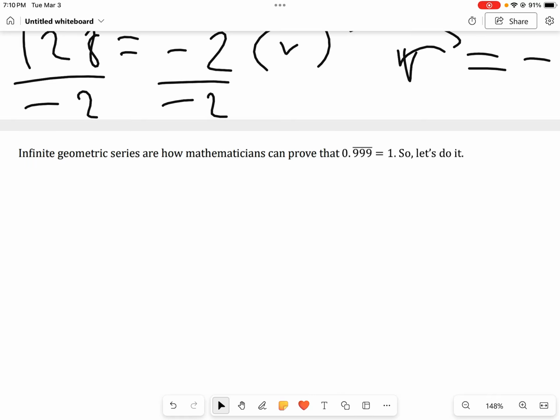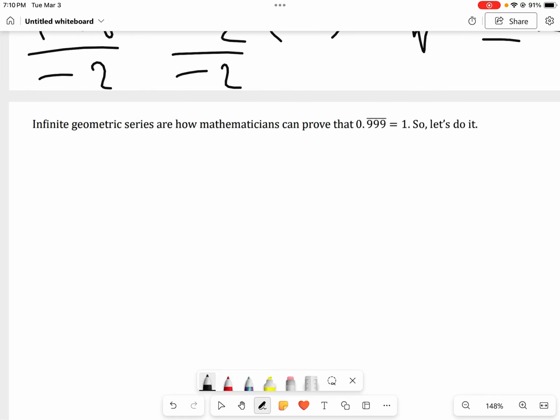Okay, let's do this one. So this is an infinite geometric sequence. We just have to look at how it's shaped. So it goes 9, and then 9, and then 9. So what we're essentially doing is